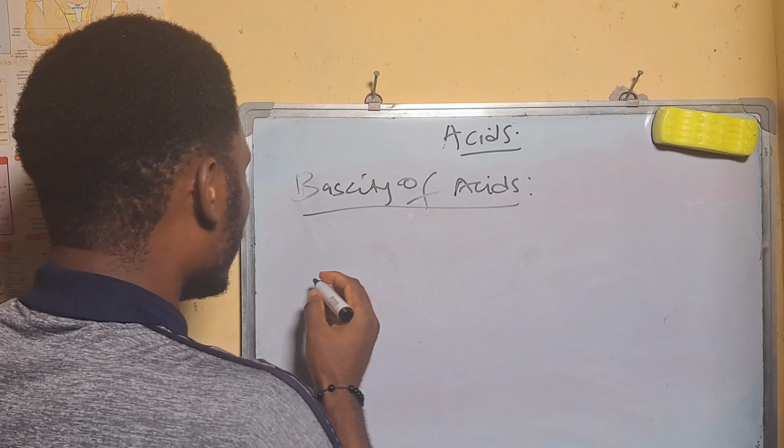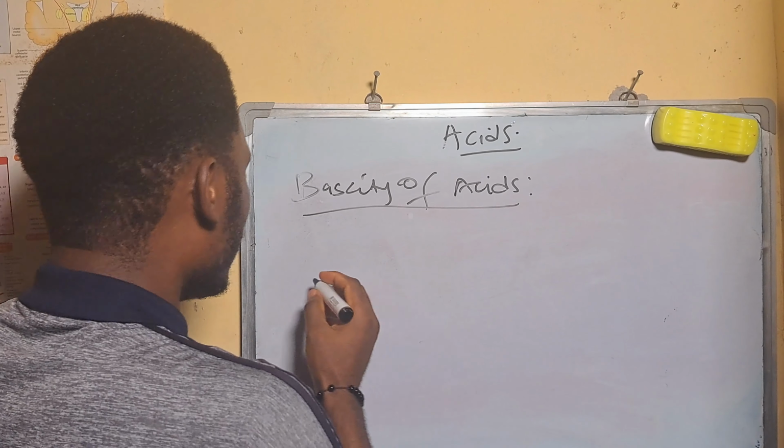So you only have one hydrogen ion here. The number of hydrogen ions that is replaceable when an acid ionizes is the basicity of that acid. I'll go over it again. The number of these hydrogen ions that exist when an acid ionizes is basicity. Now, these hydrogen ions can be replaced by a metallic ion, or they can go to form